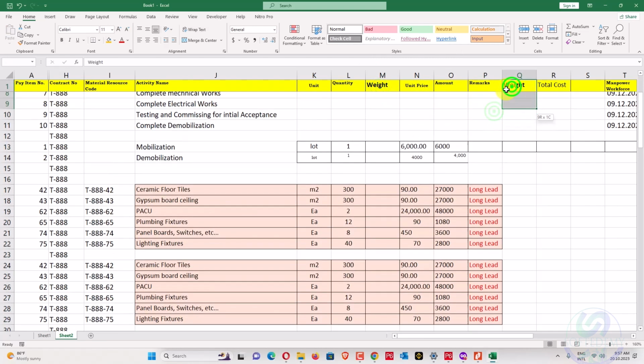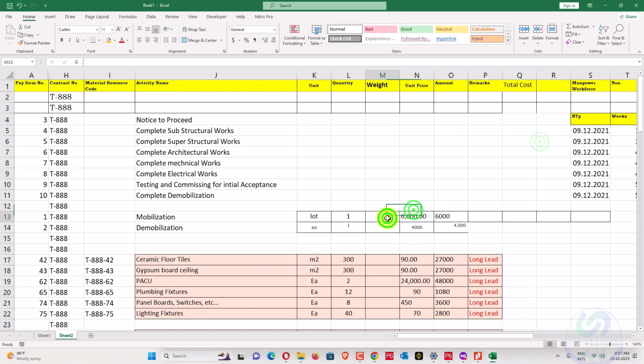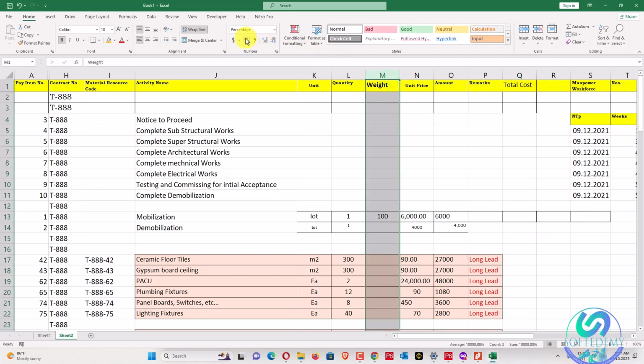Why do we require weight? Because there are weight distributions like this one is 100%, and percent here 0.